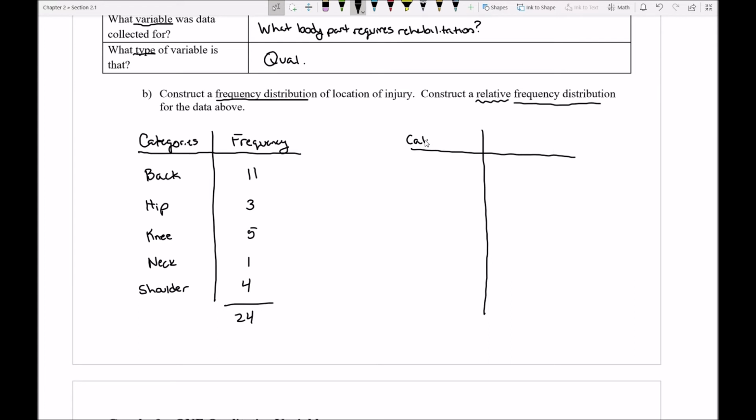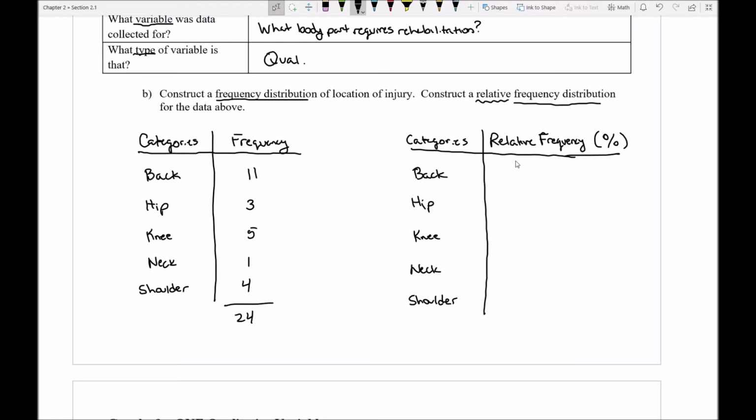We're still going to have categories on one side of our little table. And in fact, they're the exact same categories. I have back, hip, knee, neck, and shoulder. But on the other side of the table, instead of just counting how many individuals, we're going to count what we call the relative frequency, which is really just calculating a percentage